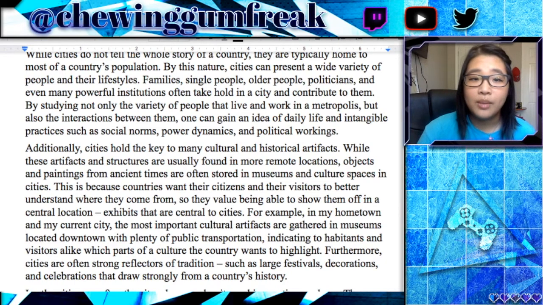For example, in my hometown and my current city, the most important cultural artifacts are gathered in museums located downtown with plenty of public transportation, indicating to habitants and visitors alike which parts of a culture this country wants to highlight. Furthermore, cities are often strong reflectors of tradition, such as large festivals, decorations, and celebrations that draw strongly from a country's history." So in this paragraph, I'm really trying to highlight the cultural and historical significance of cities, but